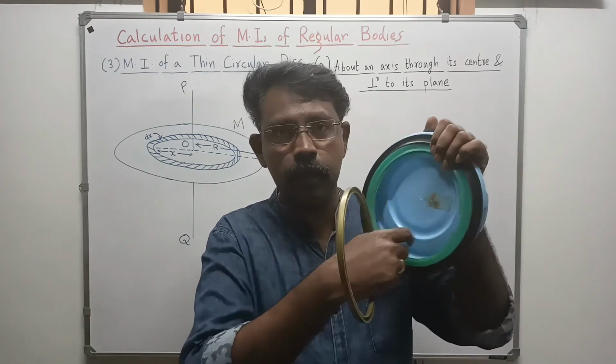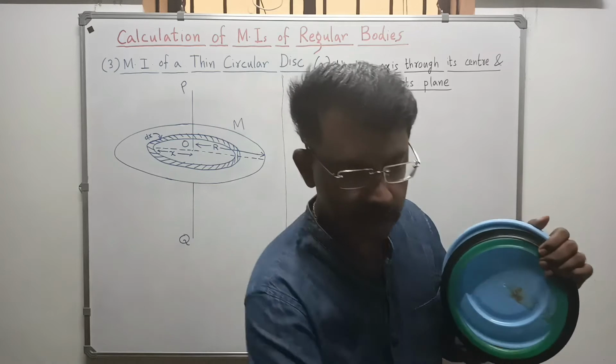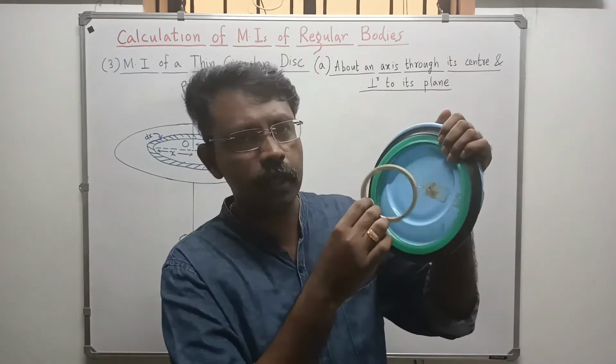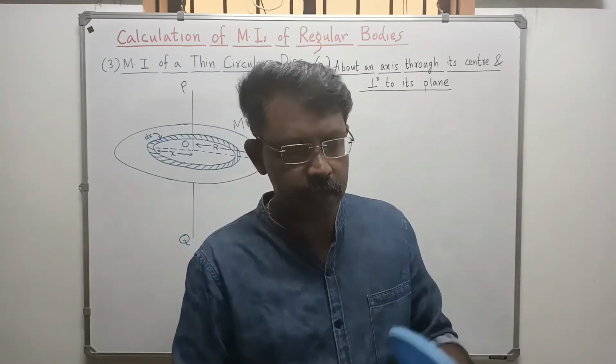I don't have all the rings, but I am doing this with what I have. In between there are rings, but so you can see that this disk is made up of a large number of rings,